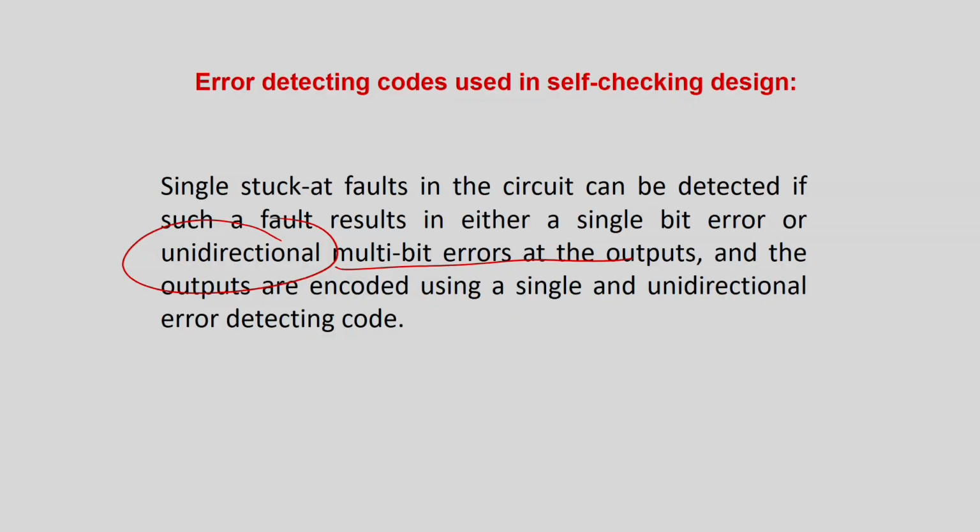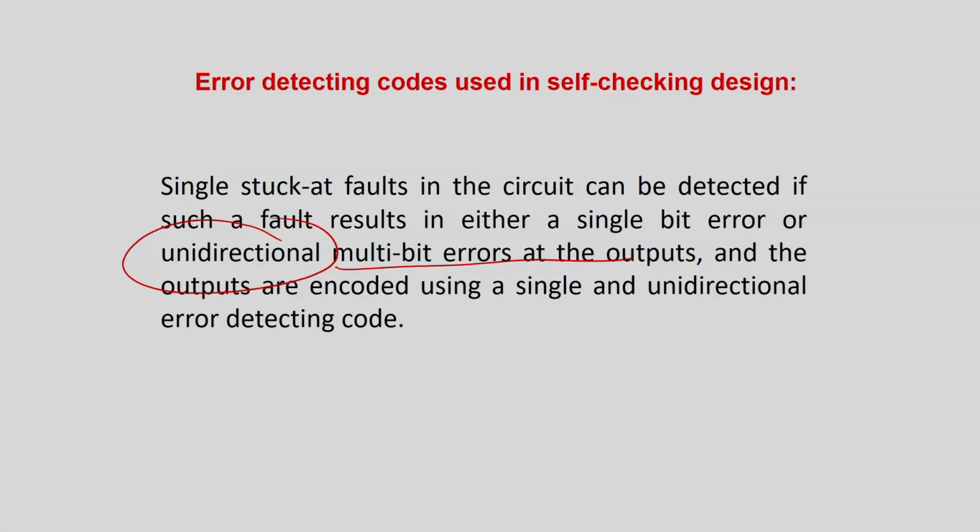So the tester has to be very carefully built, so it should be of a smaller area compared to the circuit. Then you can assume that the probability of faults occurring in the tester is less. So we have to always try to keep the tester area small. That is why, if you are thinking about multidirectional errors, it is extremely difficult. Codes are available, but a lot of modification in the circuit is required to detect such errors, and it may require the tester area to become very high.